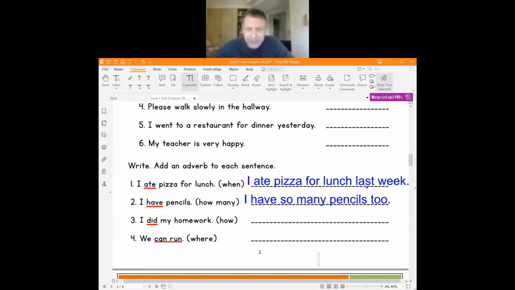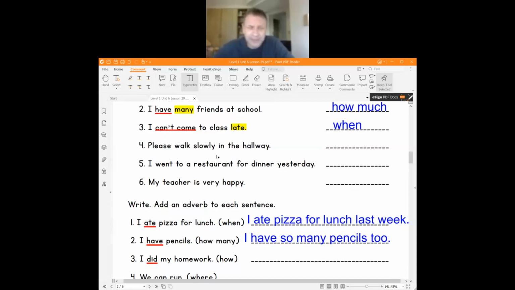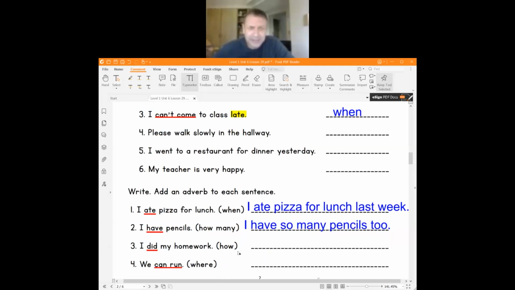Okay. Let me give you a chance to write an answer here. You can write my answer or you can write your own answer. But you have to add one adverb to each sentence, at least one. You could add more than one maybe if you do it correctly. And it has to be this kind of adverb. Okay. Number 3 and 4, I would like you to finish at the break time. So at the break time, you have 4, 5, 6 in the first part and 3 and 4 in the second part. For the first part, don't forget to underline and highlight.